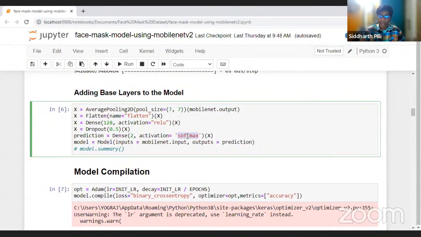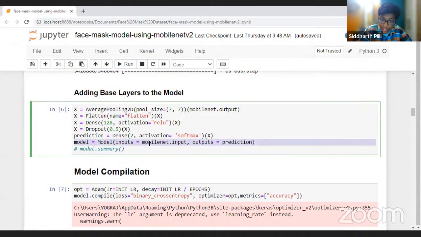Softmax can be used for multi-classification and singular classification as well. What softmax does is it gets the sum of all the values out there and then divides by a certain number to basically get all the values from 0 to 1. So the actual prediction is going to be from 0 to 1. That's really what softmax does.